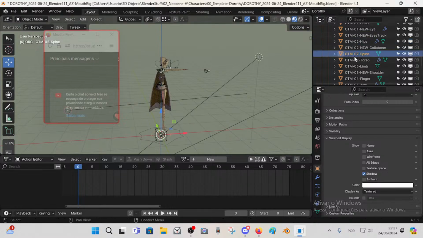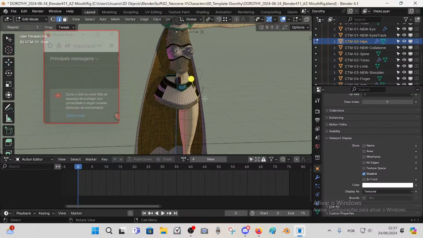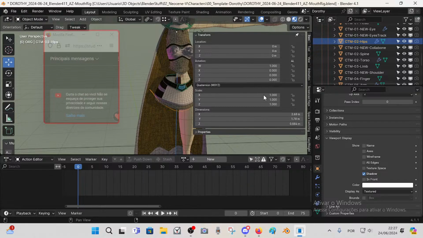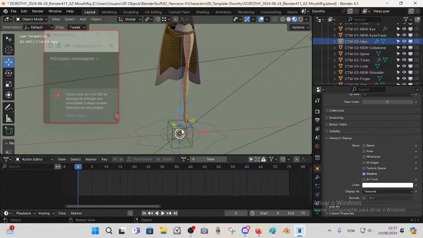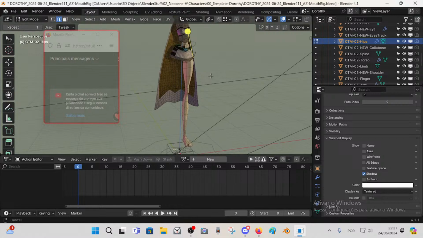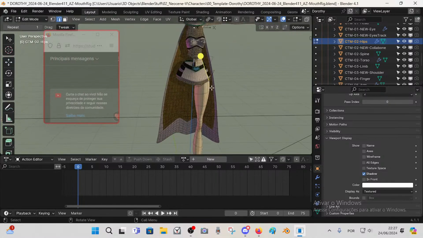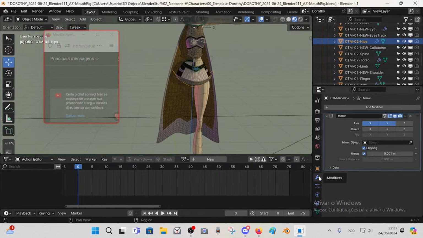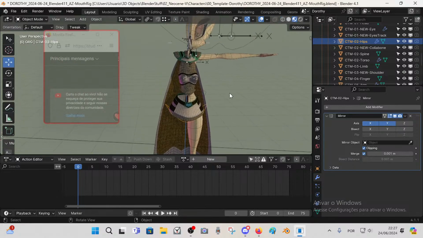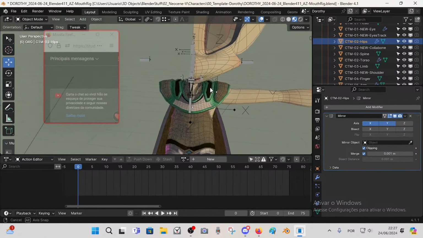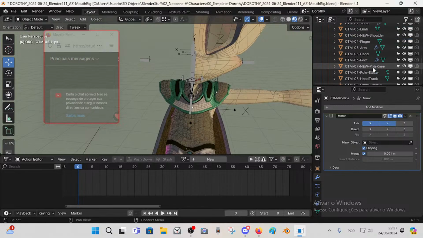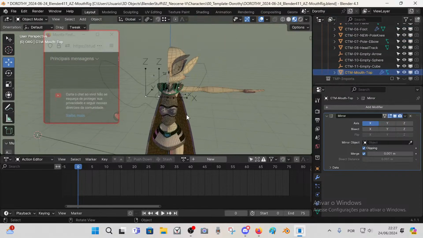No, spine is at the bottom. Let's look for this one. The hips is here. The origin is there. It has a mirror modifier and it is drawn there precisely. So why this one then